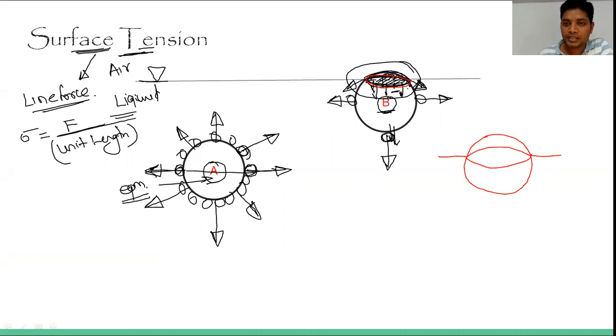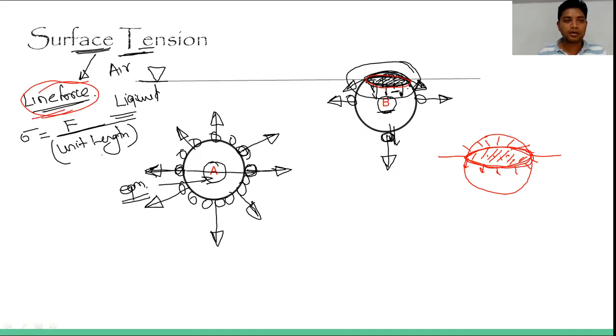Okay, so this is basically the periphery. This one will not count this area because, as I said, air is there, so no force will come over this area. Only the force which comes out will be in this region, on this line only. That's why we are counting it as a line or periphery. So that's why we are calling it a line force.